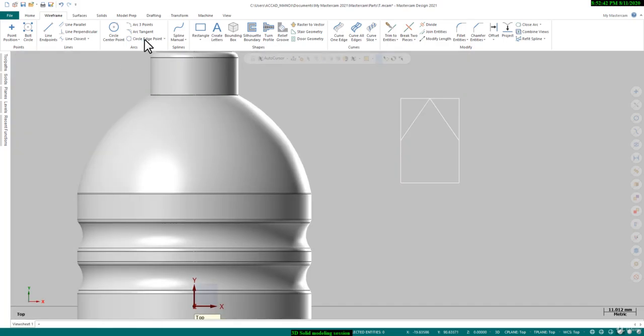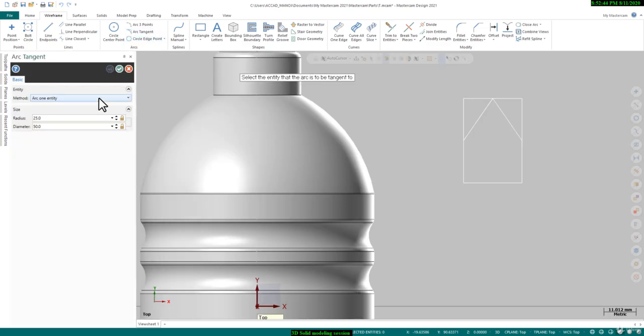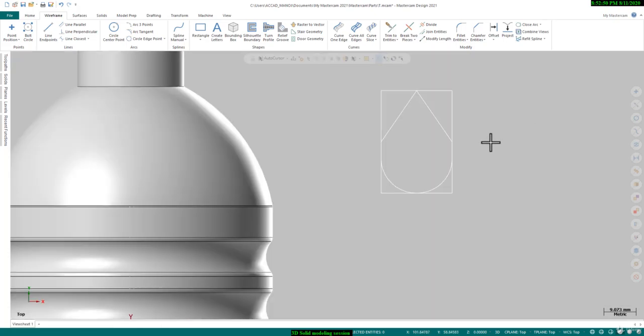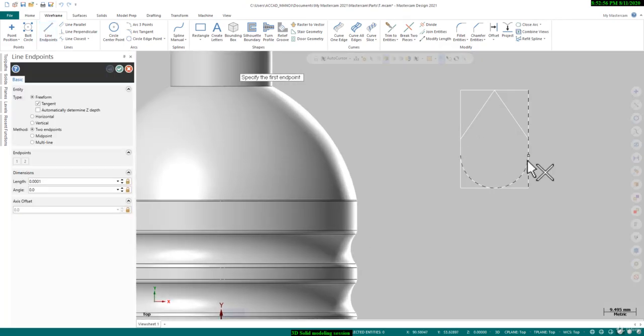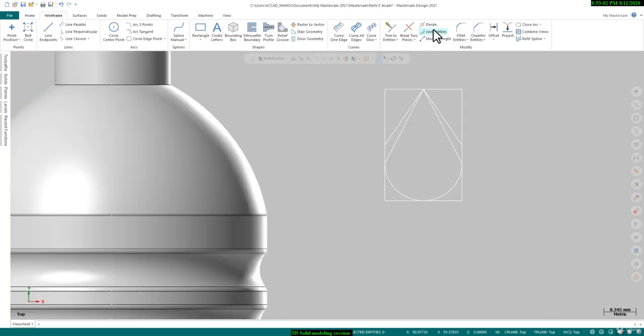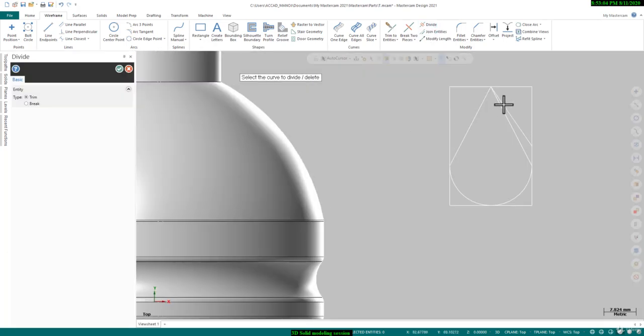And we will go to the arc tangent. We will use our 3 entities, this line, and this line. And I think we should change it. I think this shape will be better than that one. Okay, we will divide it here, here, here, here, and here,